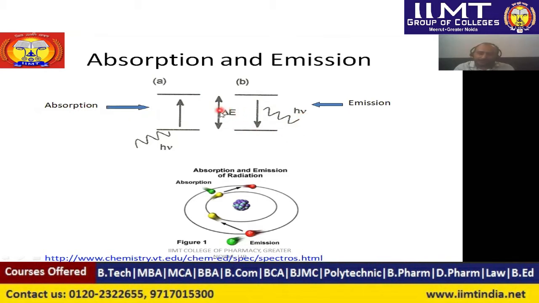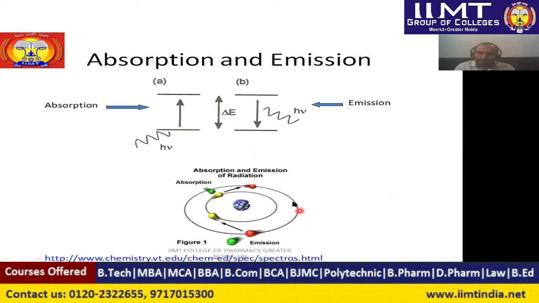And this gap of energy, whatever energy has been absorbed by the particular matter to move from the ground state to the higher or excited state, is known as delta E, that is the change in energy. Say this is 1 kilojoule and this is 3 kilojoule, so the difference will be 2 kilojoule. So this is the amount of energy absorbed by a particular drug, and that corresponds to the nature of the compound also. We will study about it in the later part of the lecture.